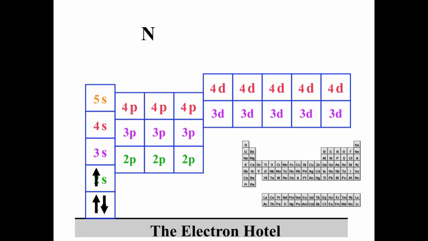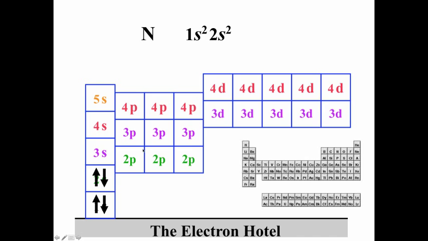Nitrogen. Now we're finally jumping more than one element ahead at a time. So here is nitrogen, and it has 1, 2, 3, 4, 5, 6, 7 electrons. Its atomic number is 7. And so the electrons will fill in with 2 in the first shell, in the 1s subshell, then 2 electrons in the 2s subshell, because this one had more room, so now we have 4 electrons, and we're 1s2, 2s2,